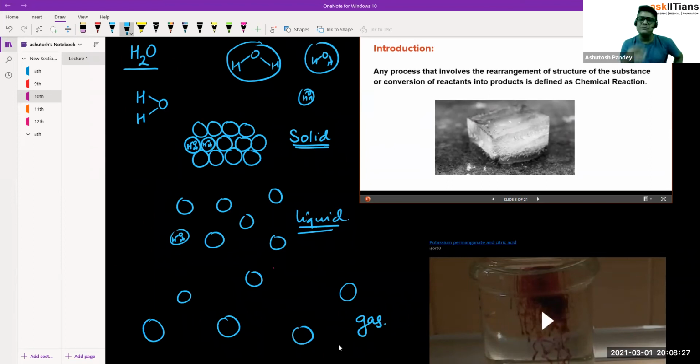So when ice melts, it gets converted from solid to liquid, and when we heat it further, all the liquid changes to gaseous form. Is this change in state a physical change or not? It is only a physical change. Why? Because the composition, it's H2O, it was H2O before melting, in the form of ice,